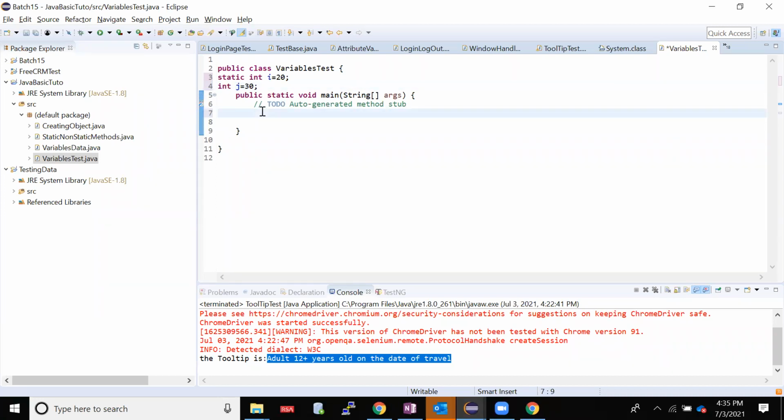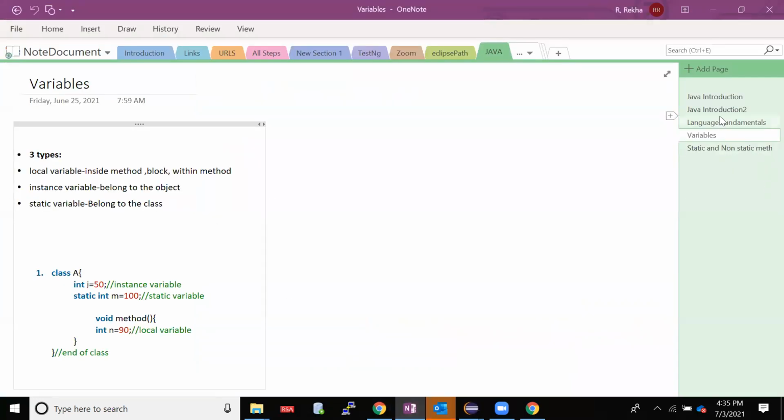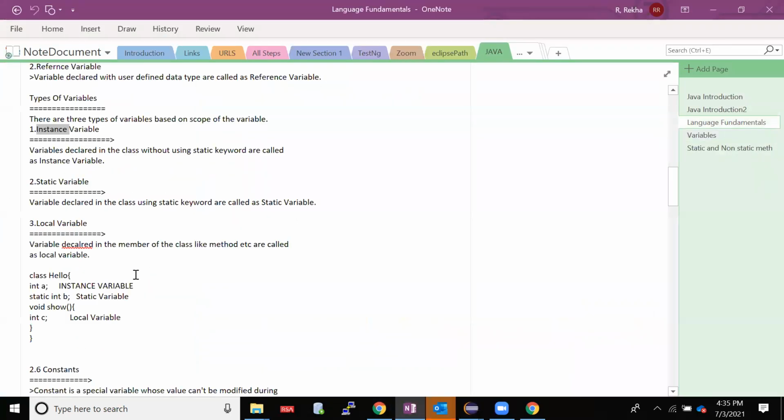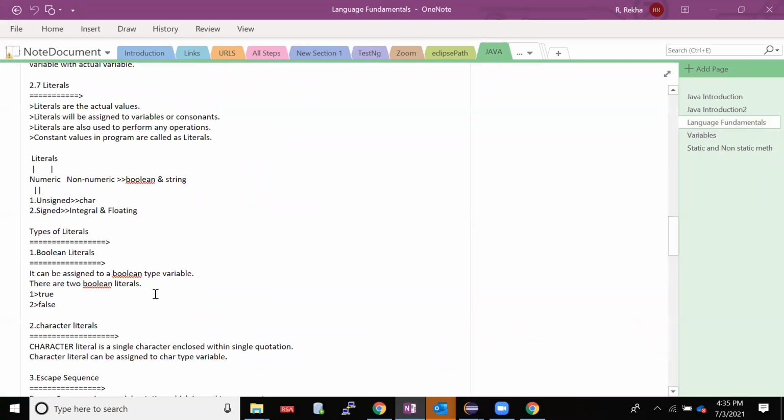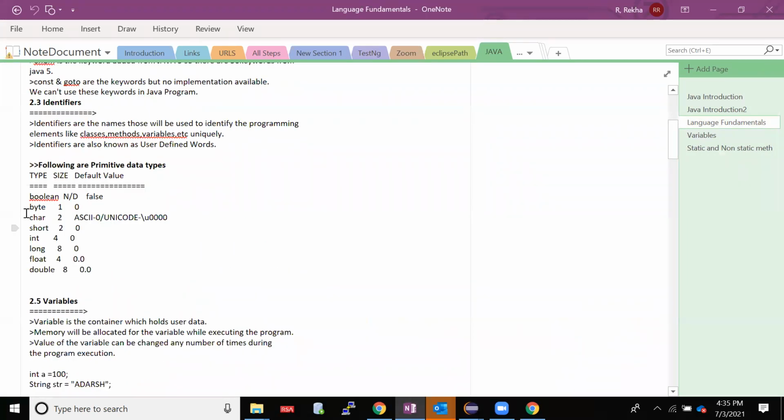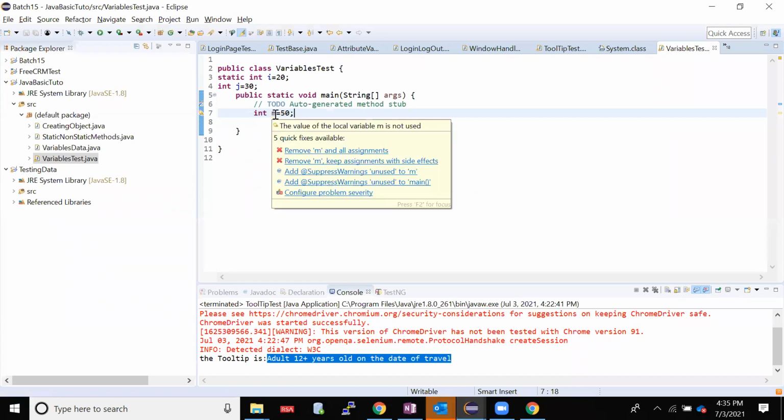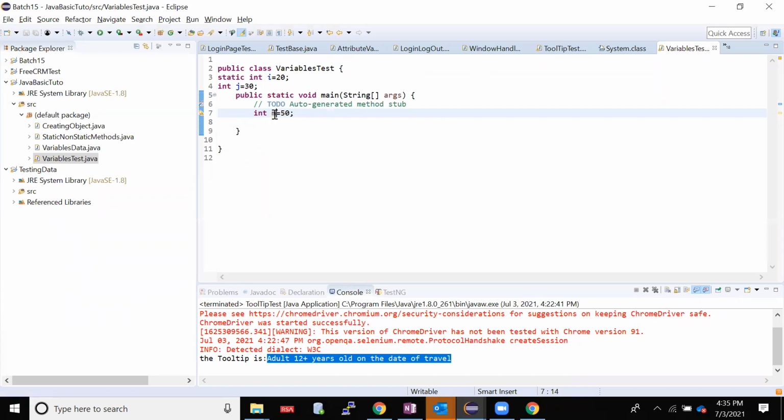So this is my static variable and this is my instance variable or non-static variable. What is local variable? Any variable that is inside a method, take it as the main method. Int m equal to 50. Okay, I have all my variables. So what is this? This is a data type, right? I explained what is data type in my previous class. We saw 8 types of data types: boolean, byte, char, short, int, long, float, double. So int is my data type, m is my variable name. I can name anything, this is user defined, equal to variable value.